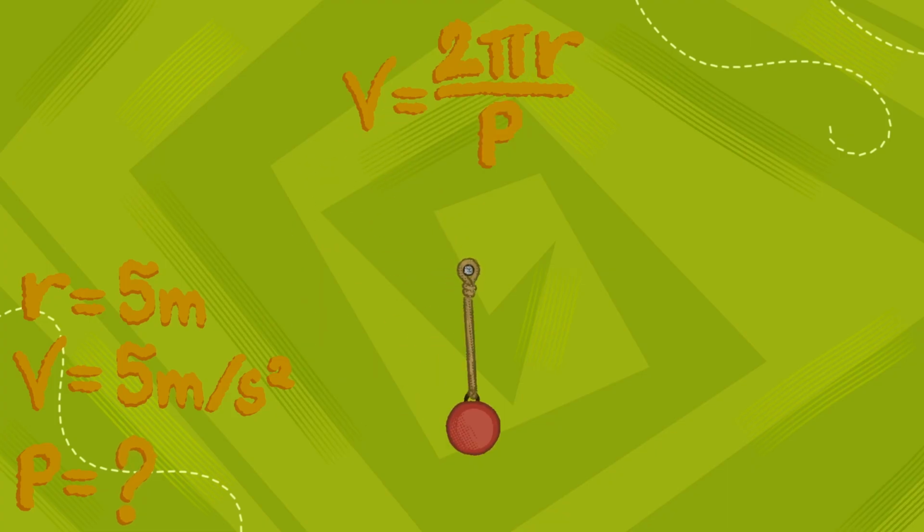You might see that we want this equation to equal P, not V. Luckily, that's an easy thing to do. If we multiply by P and divide by V, we end up switching the two letters in our equation. Now we can plug in our numbers and see that it takes about 6.3 seconds for the ball to go